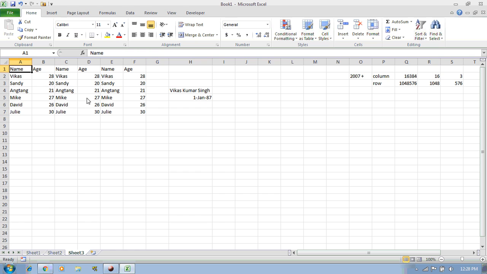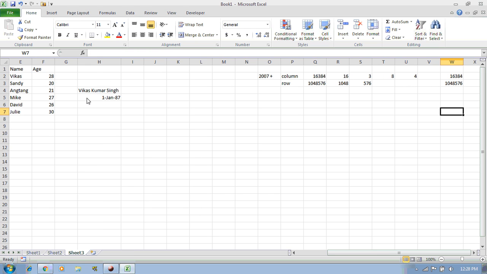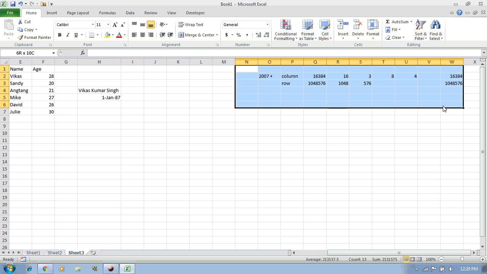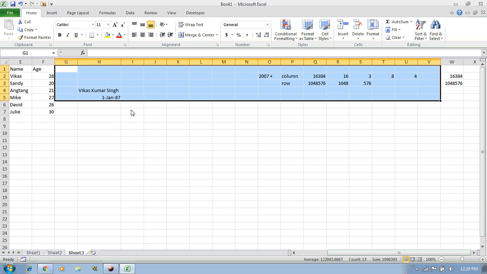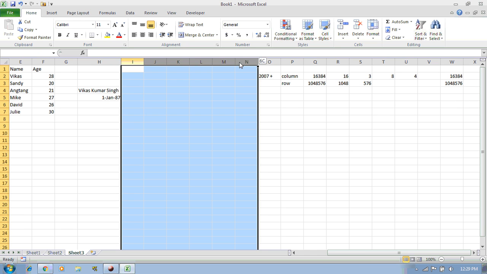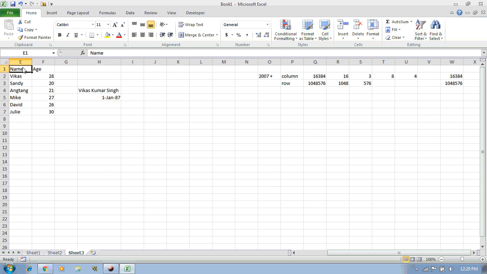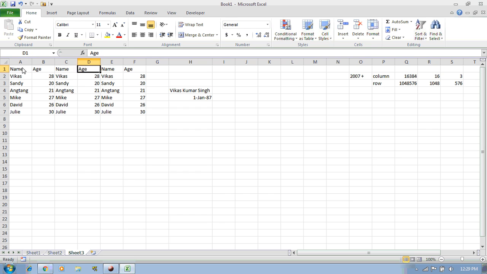You can just press Control and End, but you will see that we are going here, because we have data here in the Excel which is separated by blank columns as well. But Excel assumes that it is our complete data.